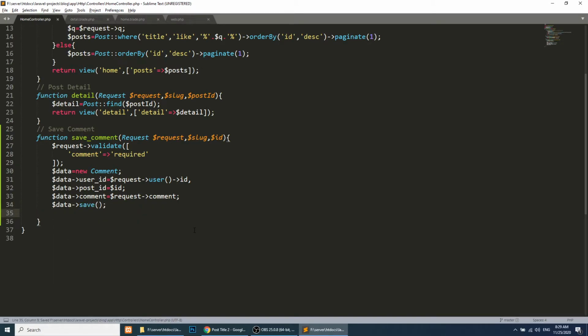Now we will return redirect, where we will redirect to the detail page, and we will add slug. Now you can understand why I'm passing this slug, because we want to redirect to the detail page, and in the detail we need the slug.